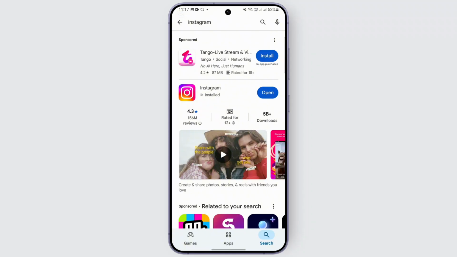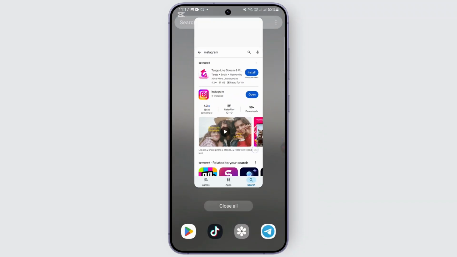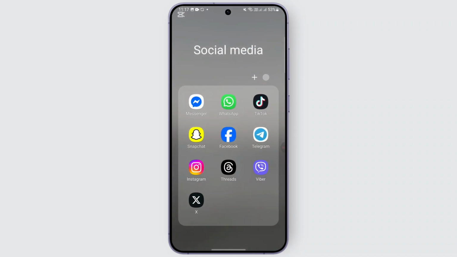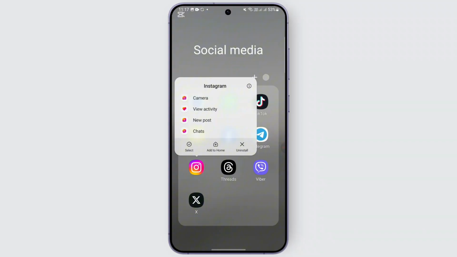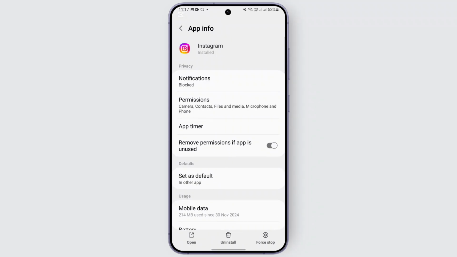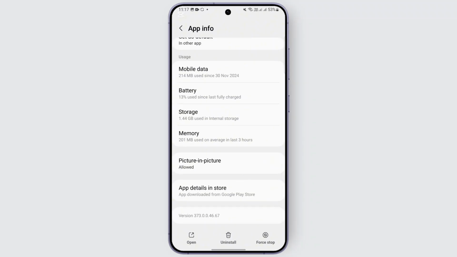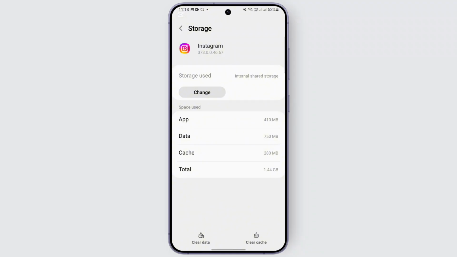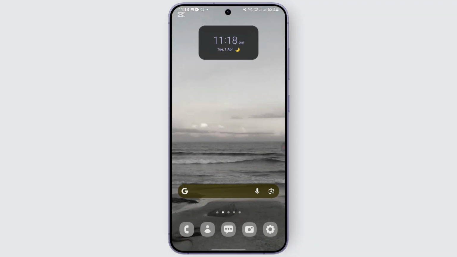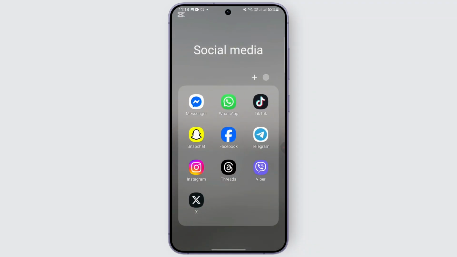If the problem persists, you may try clearing the cache of the app. So you may long press on the app and then go to the info section at the top, and once you head over here, scroll down, go to storage, and then clear the cache and also data if necessary. If the problem still persists after that, you may also go ahead and contact customer support,